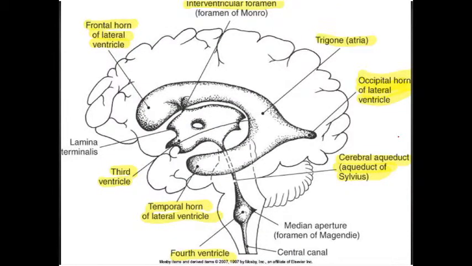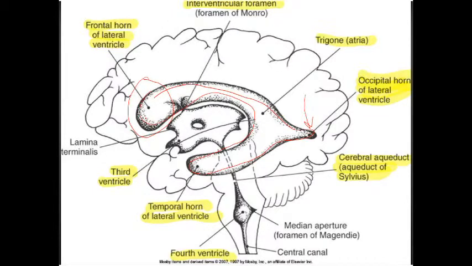So this provides you with a little indication of where the ventricles are actually located. If we take notice, this huge, almost C-shaped area is the lateral ventricle. And so we see that we have the occipital horn, which, as the name implies, is going towards the occipital lobe or the posterior lobe. We have the temporal horn, which, as we can see, resides in the temporal area of the skull. Then we have the frontal horn,